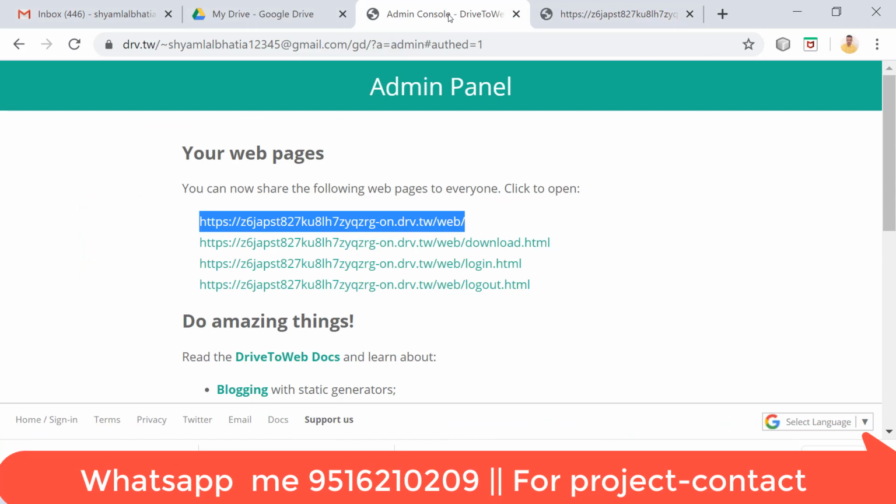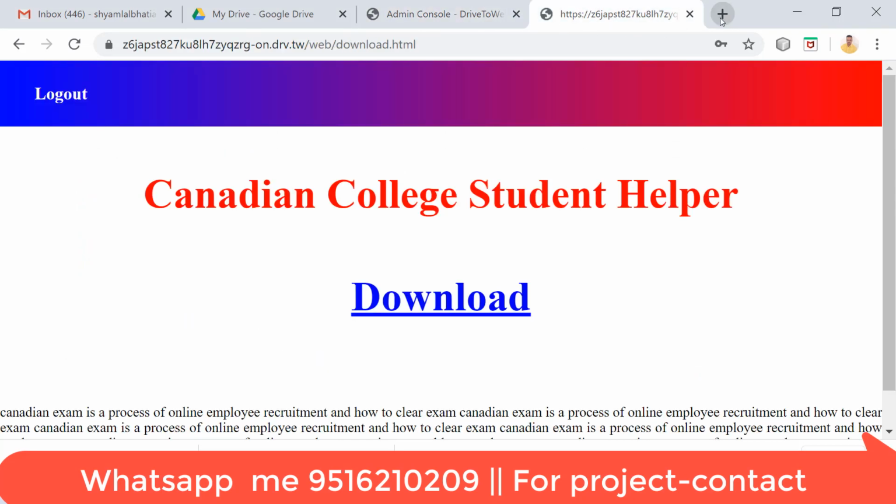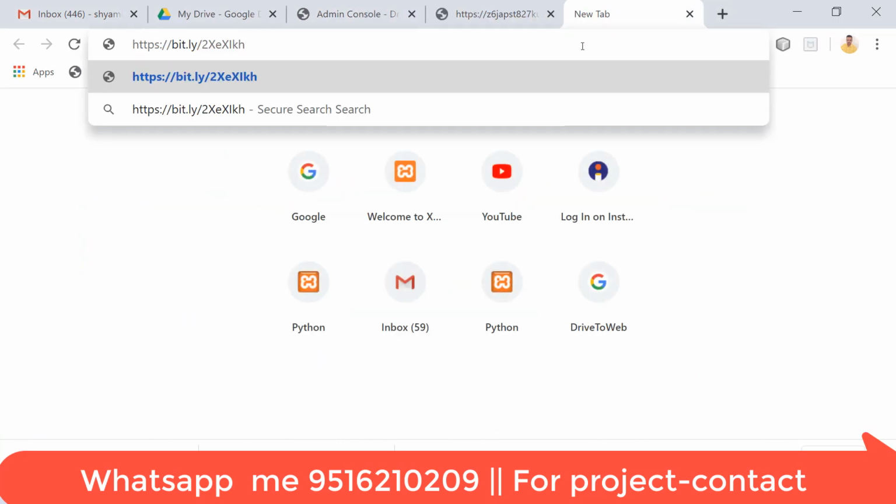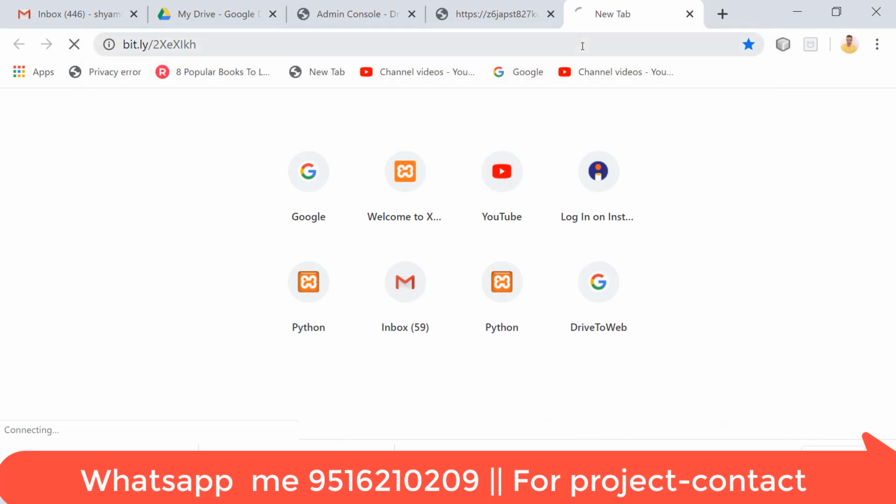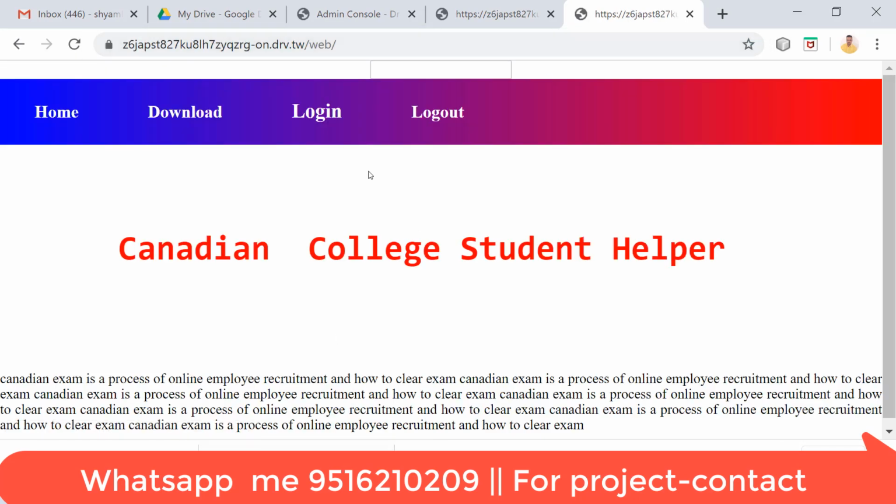So in this way friends, you can easily do anything you want. The shortened link is for me, and just enter it here, and you can easily access it. And this shortened link I will paste in the description box, so you can easily check this website and share. And if you want this script and want to change it, then I will give it to you easily, okay.